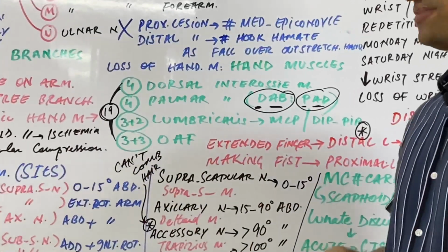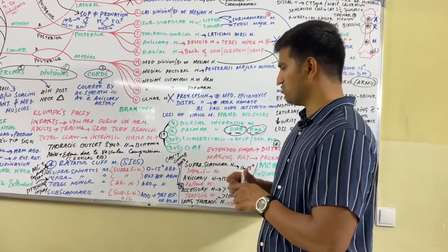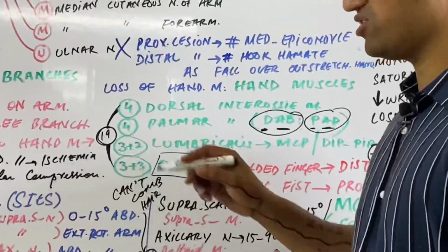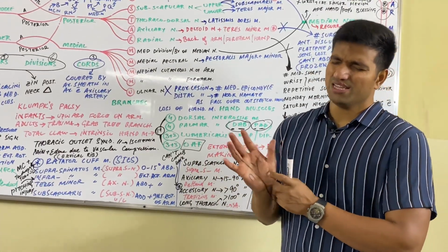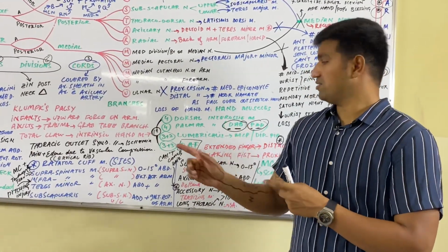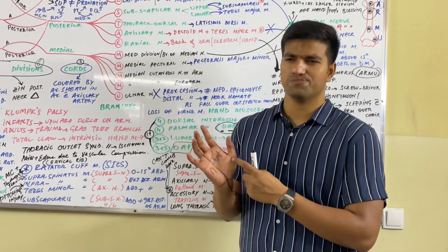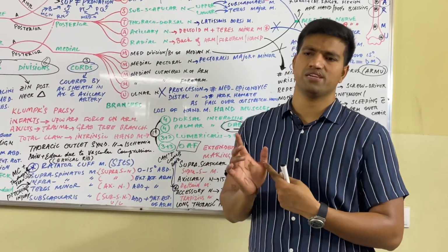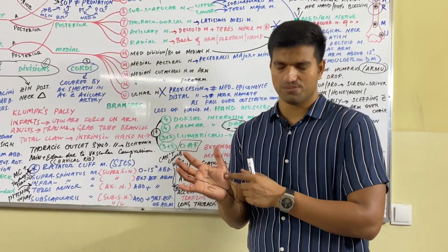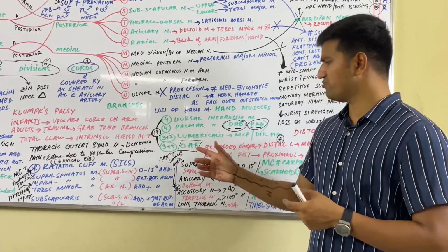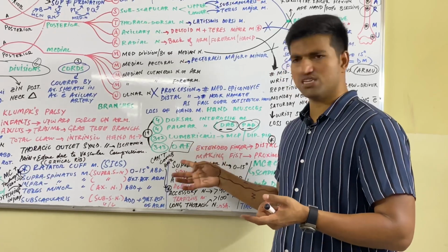Then we have 6 muscles of thenar and hypothenar, as I explained. OAF, don't forget this mnemonic, OAF for thenar and hypothenar. Thenar muscles get innervation by the median nerve. OAF means opponens pollicis muscle, abductor pollicis brevis muscle, flexor pollicis brevis muscle, they make the thenar eminence, which gets innervation by the median nerve. Function of the opponens pollicis, you can see opponens, then abduction, then flexion of the thumb.